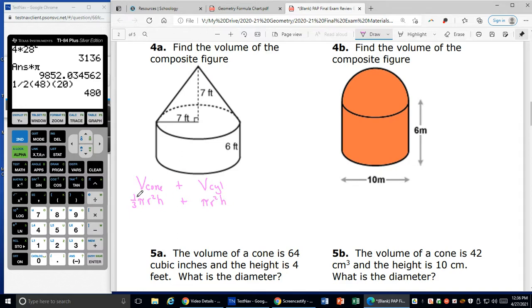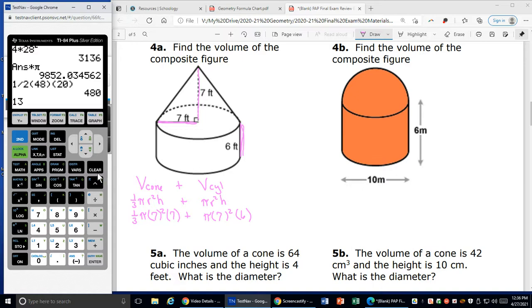All right, so for my cone, 1/3 pi, the radius of the cone is 7 feet squared. The height of the cone is also 7 feet. Plus pi r squared. The radius of the cylinder is 7 feet, but the height of the cylinder is only 6 feet. Okay, so for the first one, I'm going to have 1/3 times 7 squared times 7,